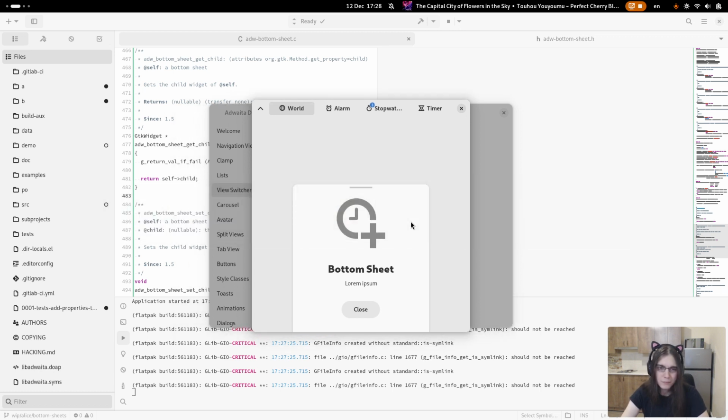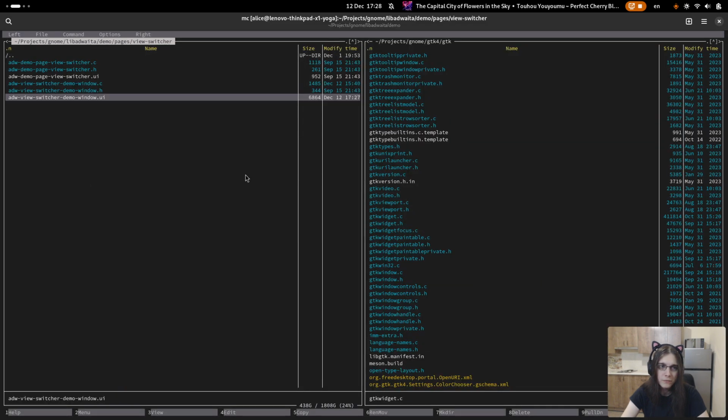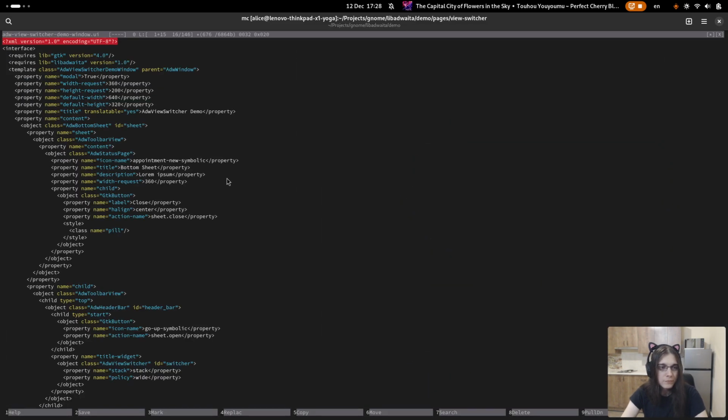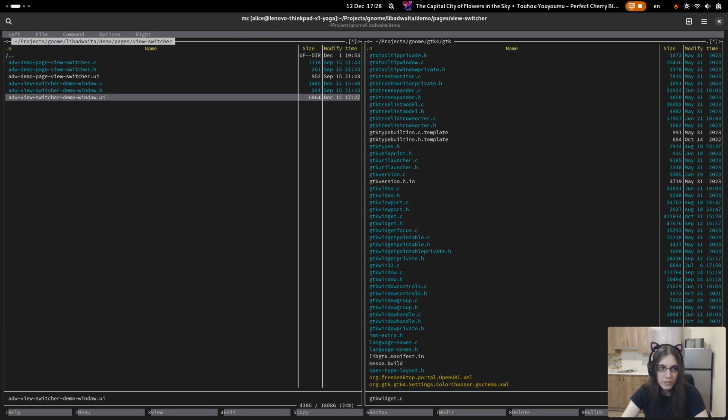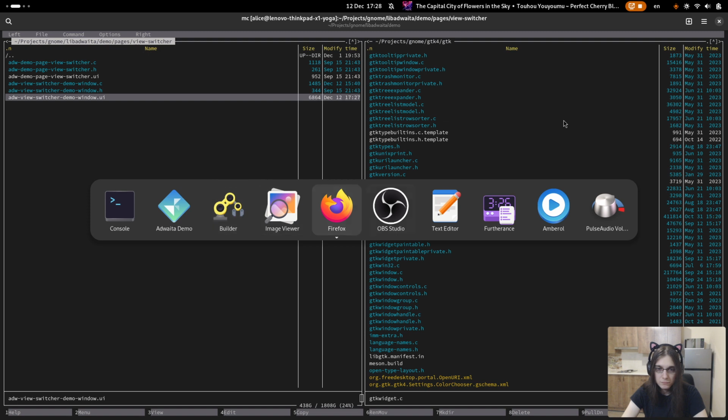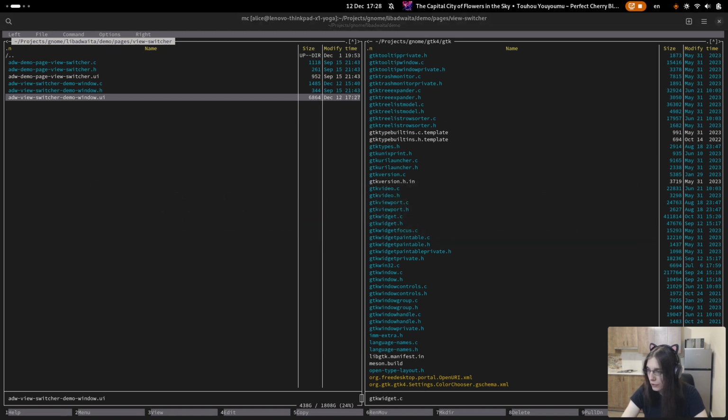Actually, let's put something more complex there, like navigation. I would really prefer if this... Actually, I'll just open it in GTK. You know what?